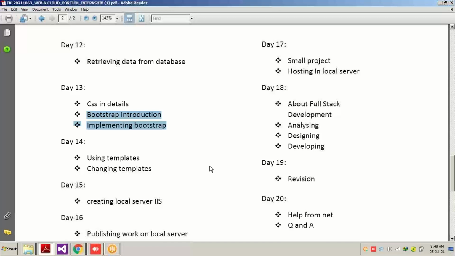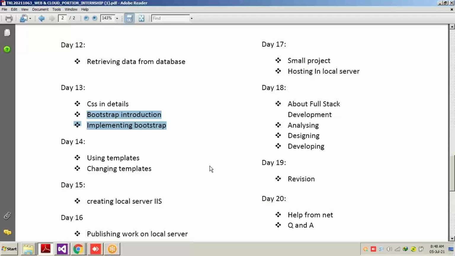And tomorrow we'll be discussing using templates, how to cut the time short instead of designing the entire pages one by one by ourselves, by downloading a 1-minute template, changing that particular template and uploading it for the client. So you will find it easier and beneficial if you use templates. I'm not asking you to use templates from the beginning, because before using templates, you need to know some very basic things like tags, JavaScript also, and many other things.